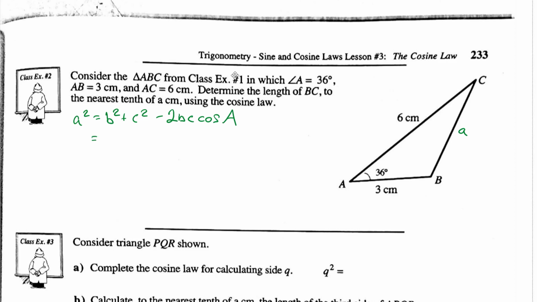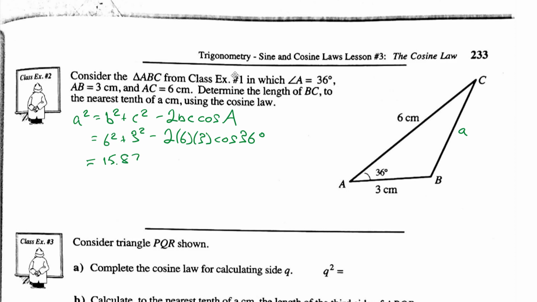So b in this case is 6, so I have 6 squared plus little c squared, so that's 3 squared, minus 2 times 6 times 3, and finish it off with multiplying by the cosine of 36, which is angle A. So this is just a matter of plugging it in. So we can do all the calculations in one line. You're going to get that a squared is that